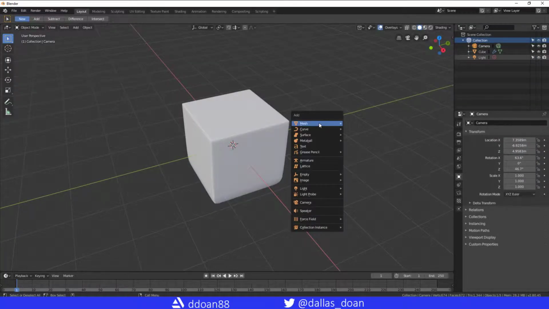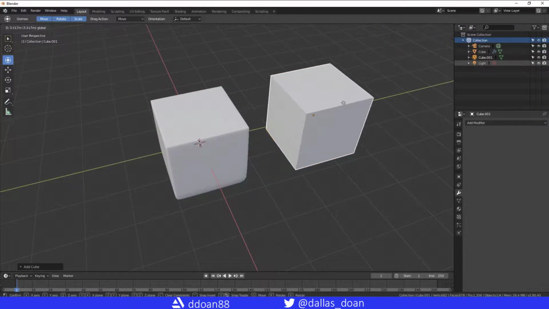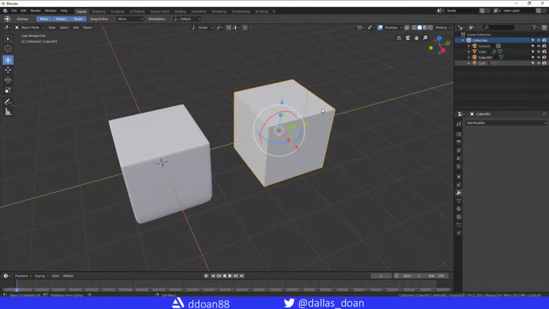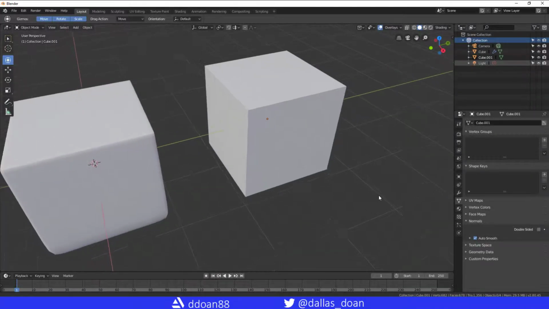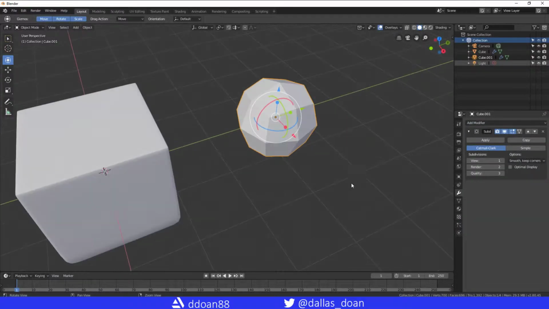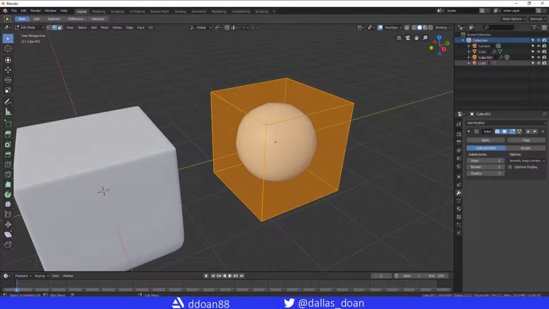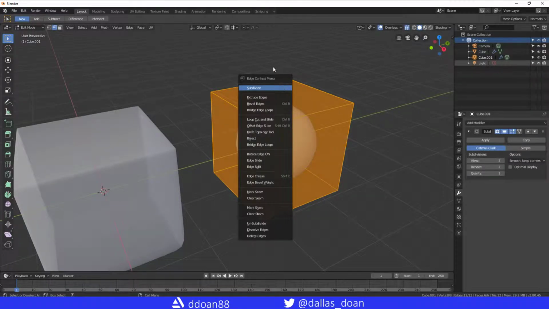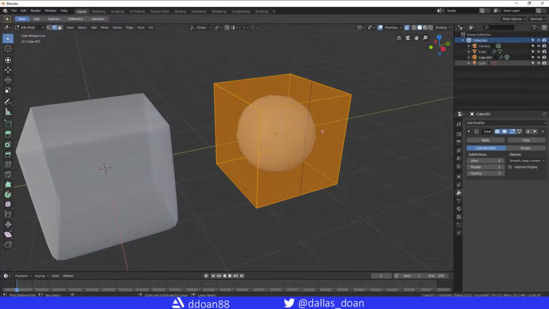add another cube here. I'm going to move it over here. Same thing, we're going to give it a shade smooth. I'm going to go to auto smooth, and then this time we're going to add subdivision again, two subdivisions, and then now we're going to select all the edges here, and we're going to press Control B for